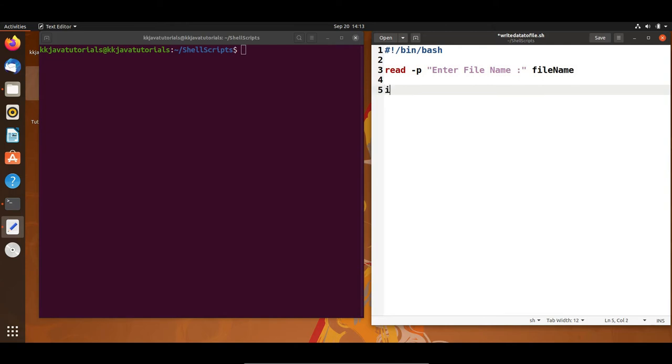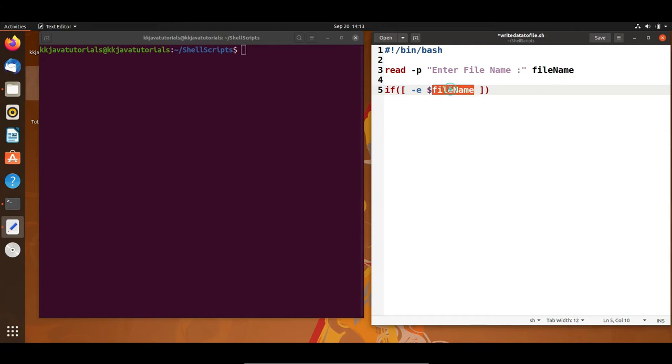First of all, I'll use an if condition. In an if condition you have to give the square bracket, and in the beginning you have to give some space. First of all, we'll check for the existence of this file, which we already discussed in the previous video. To check the existence of any file or directory, we have to use -e, and after that I will check for this file name.